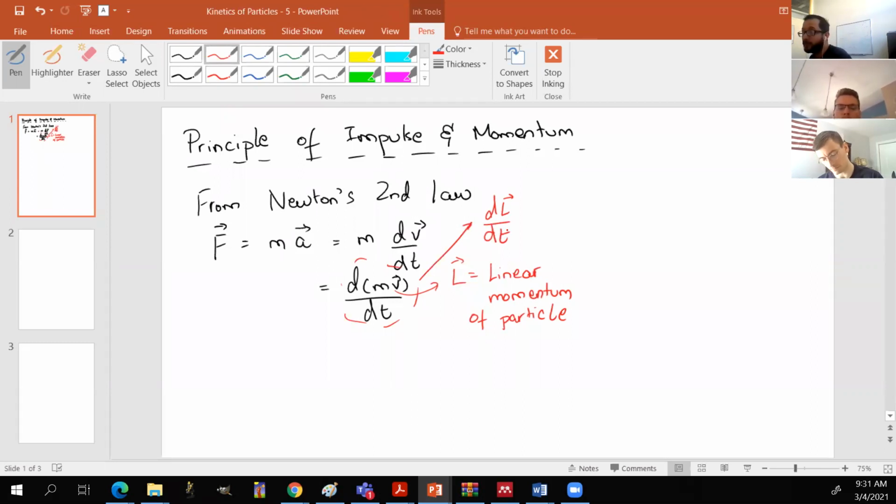So if I look at this expression and I take my dt over to the other side, what I see is that the vector forces times dt